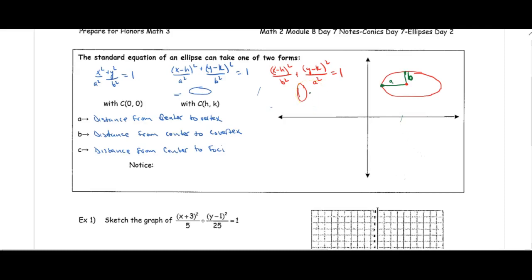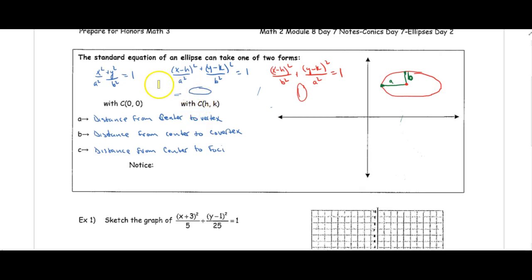So day 7, ellipses, day 2. We're going to transfer from graphing equations of ellipses to writing the equations. But I do want to reiterate some things that we talked about the other day because it will help with